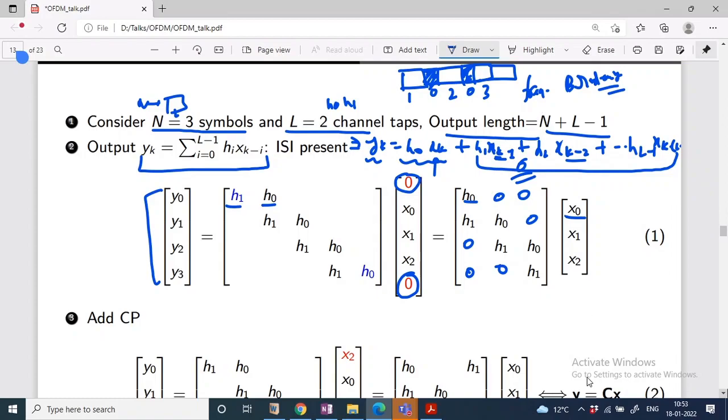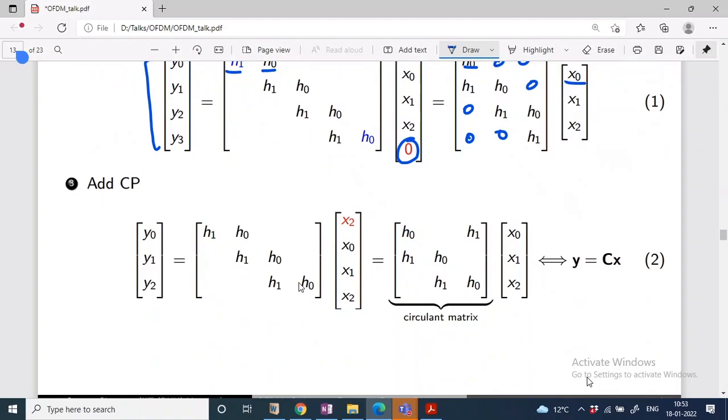So generally we do the cyclic extension. Cyclic extension, I already told you. It means that the last data symbols of the frame we put at the beginning as a guard band or guard interval, which is generally called the CP, cyclic prefix. So in the CP we put the last data symbols. How many data symbols? If the channel length is L, we have to put at least CP length greater than or equal to L. So the last L symbols, or more than L, we put at the beginning as a guard band.